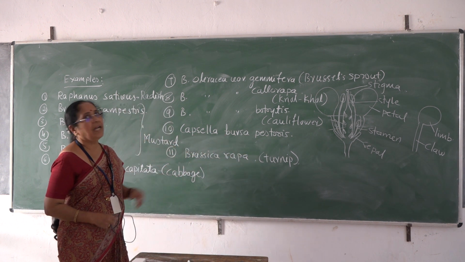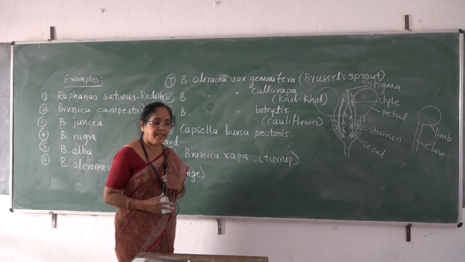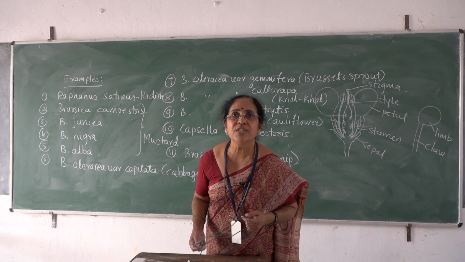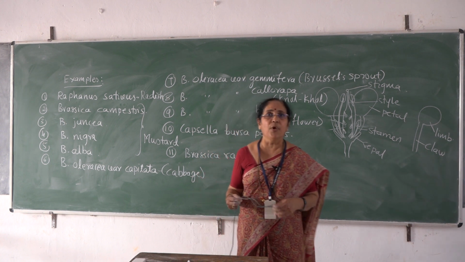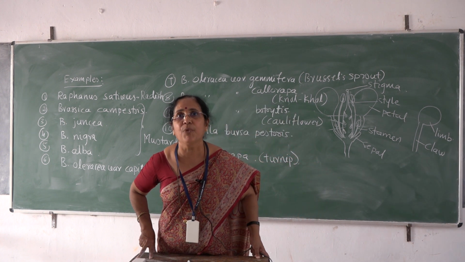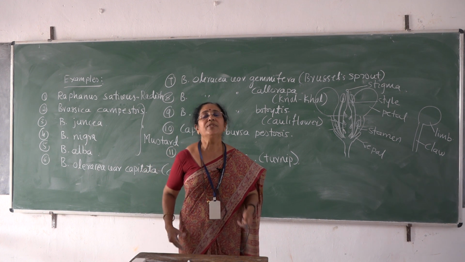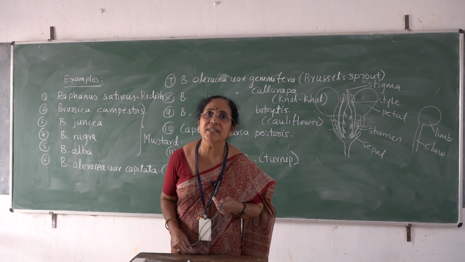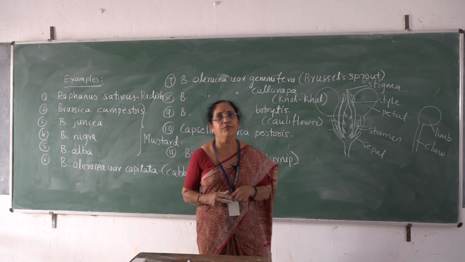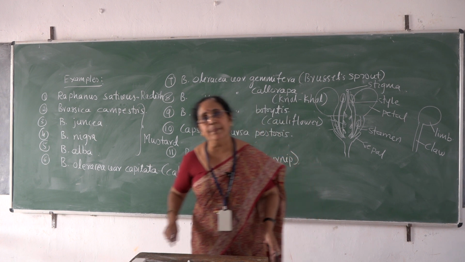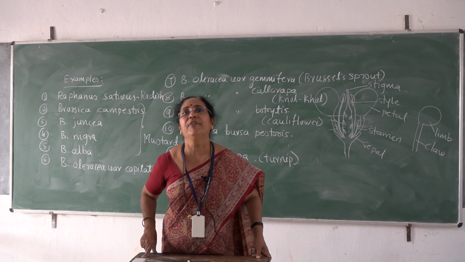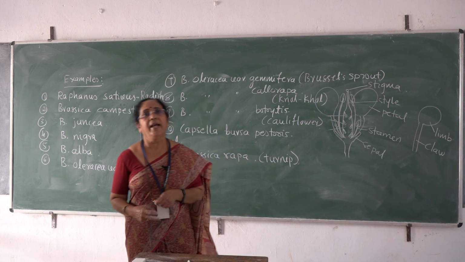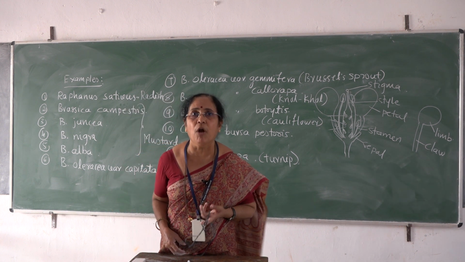These are some examples which belong to family Brassicaceae. So once again, the important characters of Brassicaceae: the members of this family are characterized by a sulfurous odor because of the presence of sulfur as a volatile oil. The leaves and roots are modified for storage in some plants, and in some plants the inflorescence is also edible, like cauliflower. The leaves are simple, petiolate, exstipulate with variously lobed margin. Characteristic inflorescence is racemose. Corolla is cruciform, made up of 4 free clawed petals.